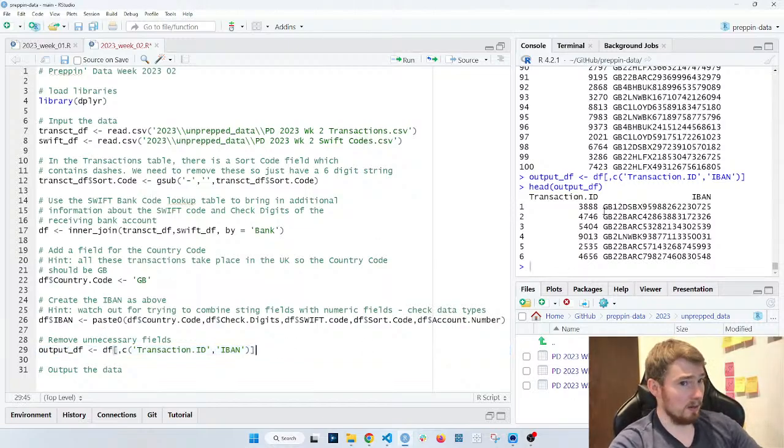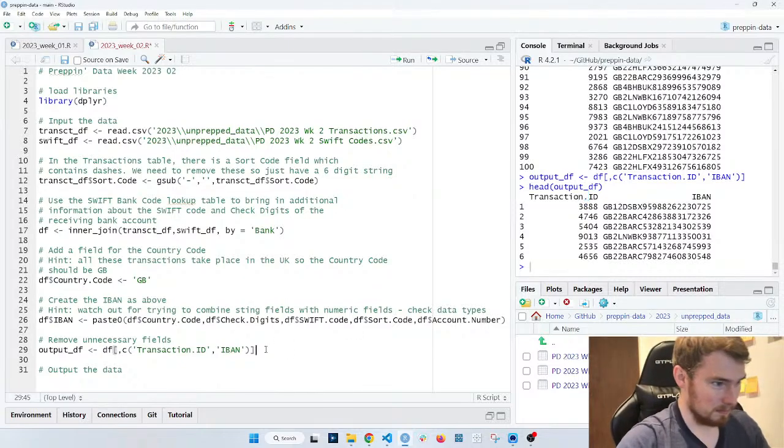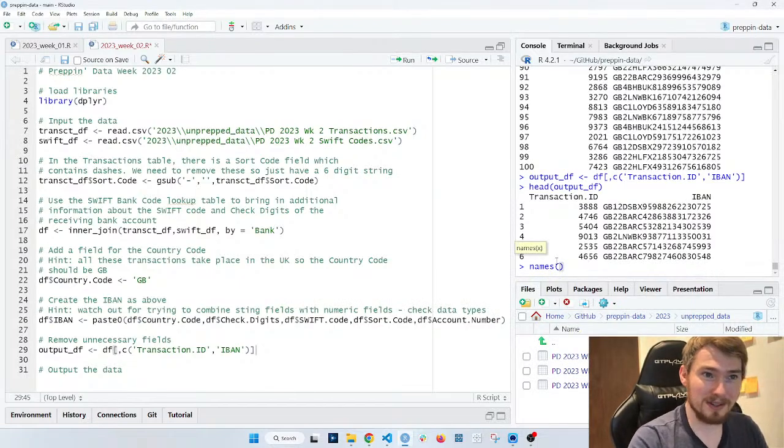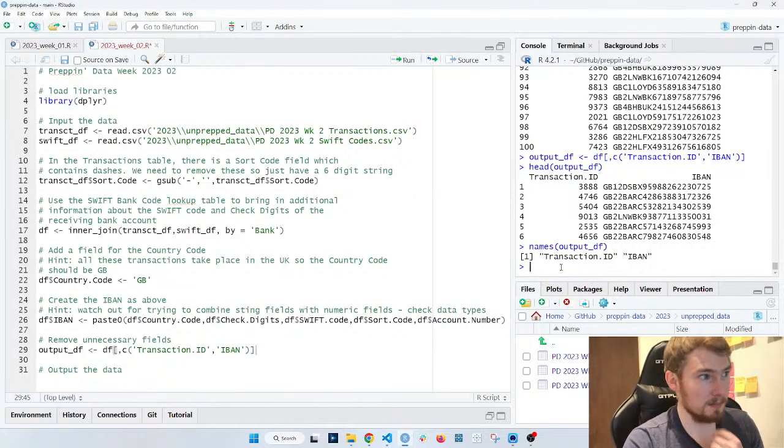The only issue is, because it's R, it's filled in the blanks with dots, so I want to go and remove those dots. The way I can access these column names is using names. So names of output df. Okay, so I've got that.